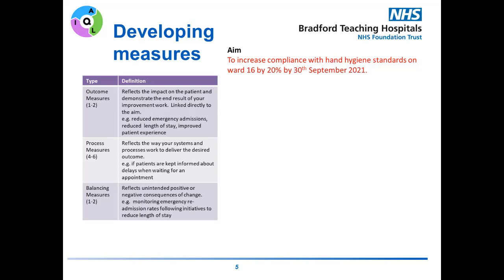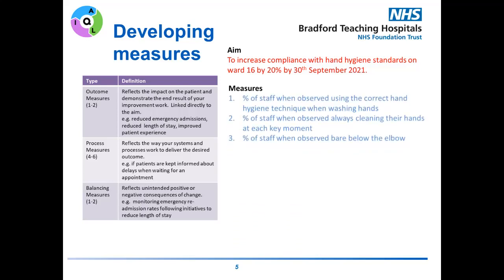Now we need to think about developing some measures. Let's start with the process measures because these are easier, and also in this case, the aim relates to process and not patient outcomes. These are just examples to try and explain the difference between the measures. And if you were doing this in real life, you may come up with completely different measures. The examples we have